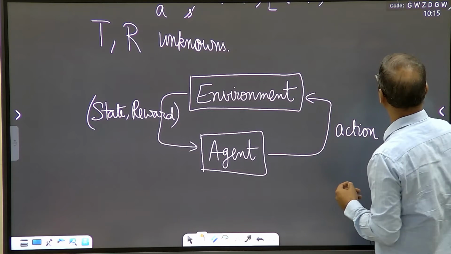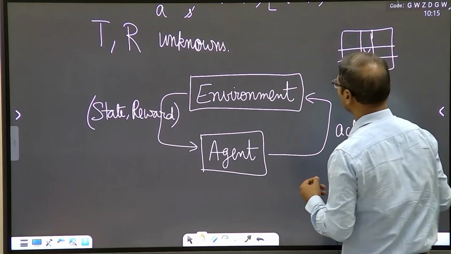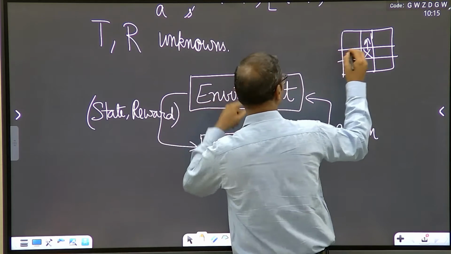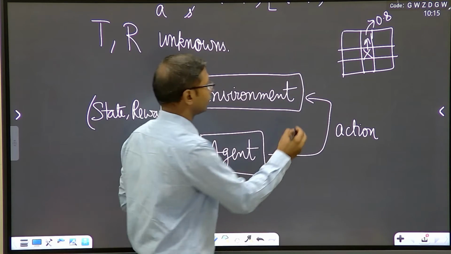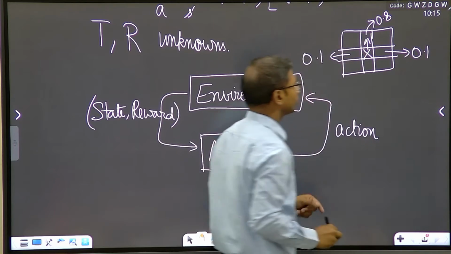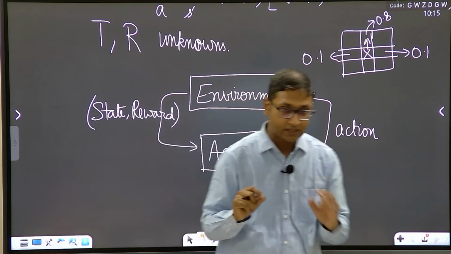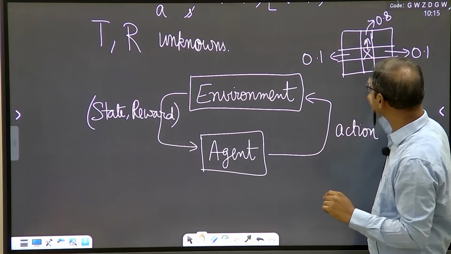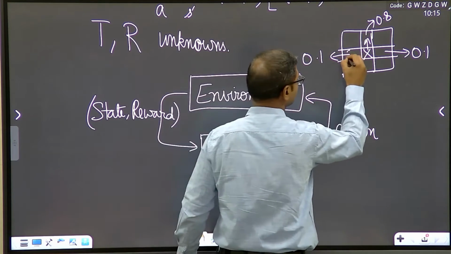So this is my grid world, I am here right now, I take forward. With 0.8 probability, the environment sends me actually forward. With probability 0.1, I end up being here. With probability 0.1, I end up being here. I have no control over it. What was under my control? To take action. So I took this action to go towards north, but I may end up being here.